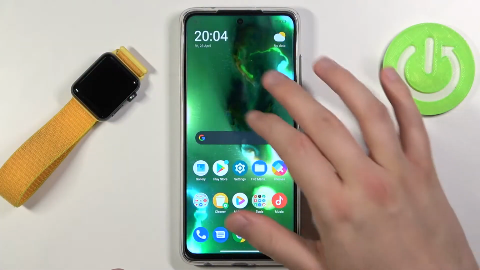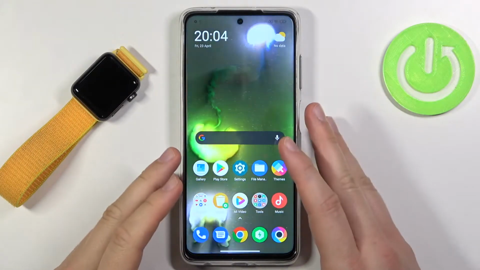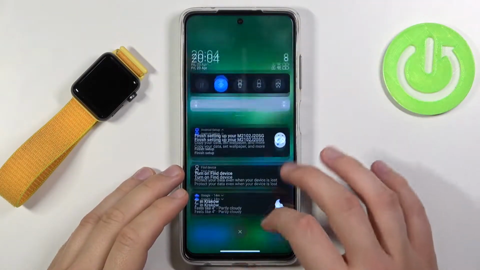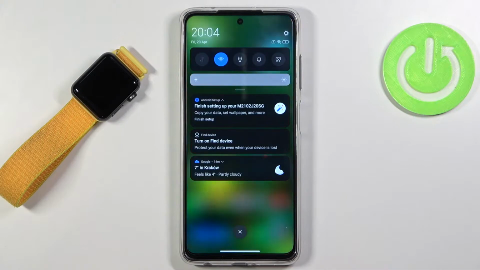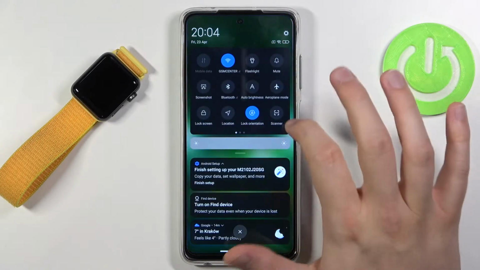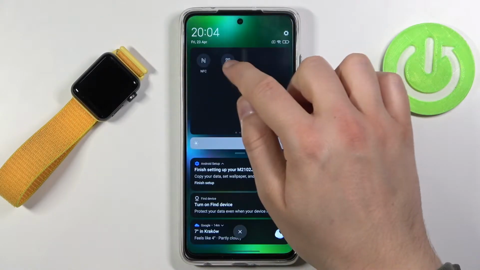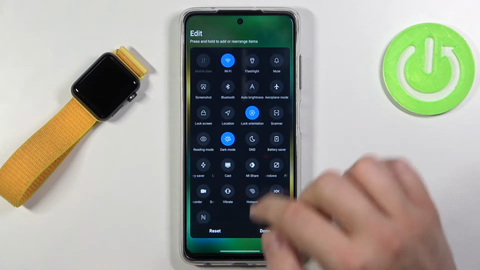Welcome. In front of me I have Xiaomi Poco X3 Pro, and today I'll show you how easily you can adjust notification bar icons. So at first you have to open the notification bar, then open it another time, just like that. Then pull it to the last page, click on edit, and as you can see here we can